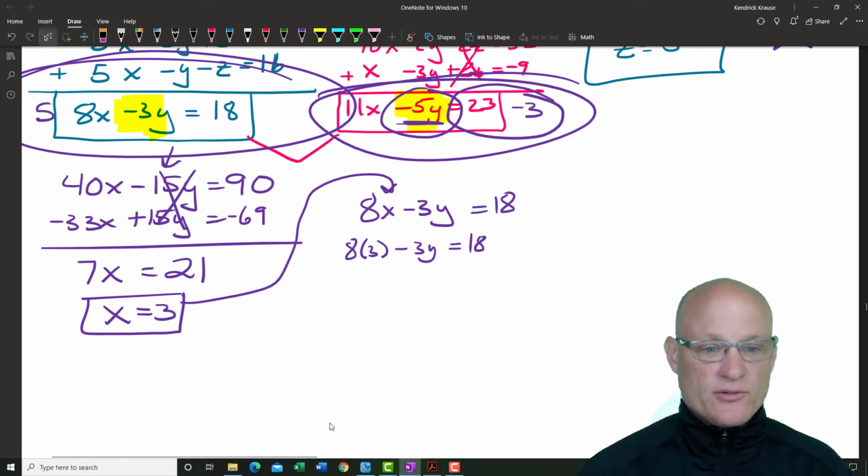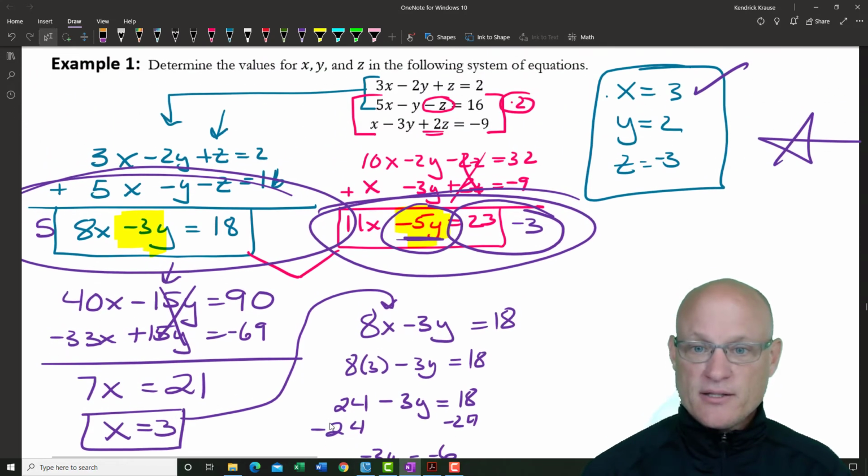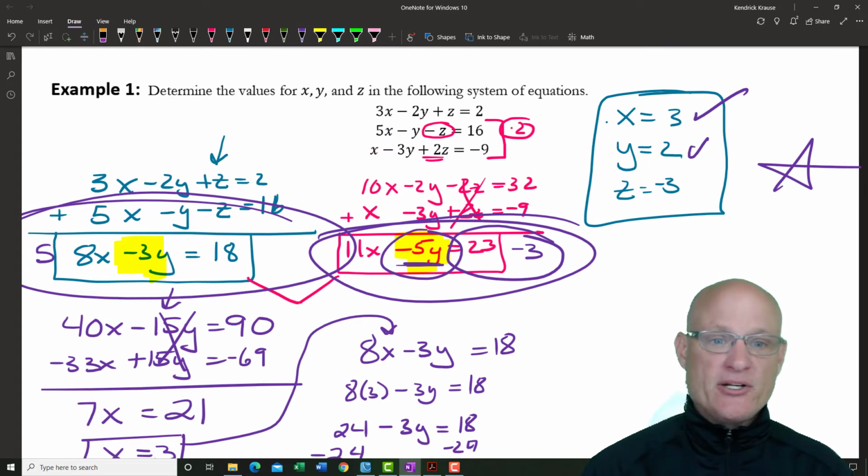And this is 24 minus 3y equals 18. Subtract the 24. So I get negative 3y equals negative 6. Divide by negative 3 and I get y equals 2. Come back up here and check it. Woohoo! All right, so now that you've found y equals 2, now we need to go back and find the easiest